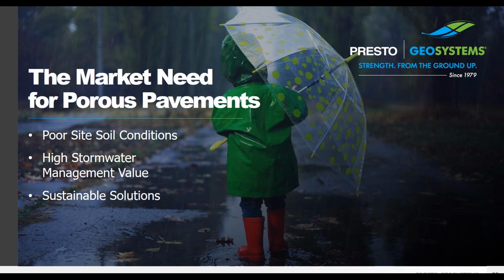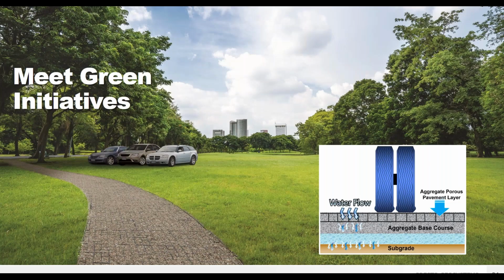So stormwater regulations are becoming increasingly common, and a lot of project owners may choose to focus on meeting specific goals for site conditions if you're looking for things like LEED credits. And so we've seen how the GeoWeb system can help in poor site soil conditions, and it can also help when the focus is on sustainable solutions and managing stormwater on site. So by utilizing the GeoWeb with an aggregate surface system, you can make the best use of valuable high cost land and have the ability to meet green goals and initiatives.